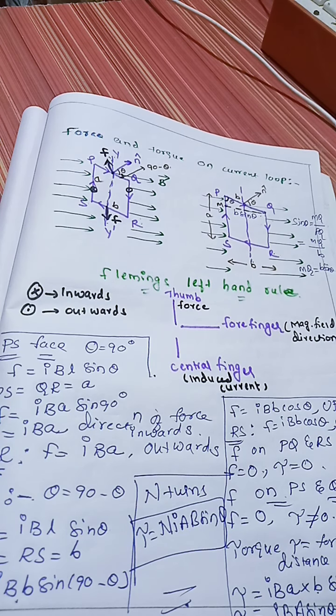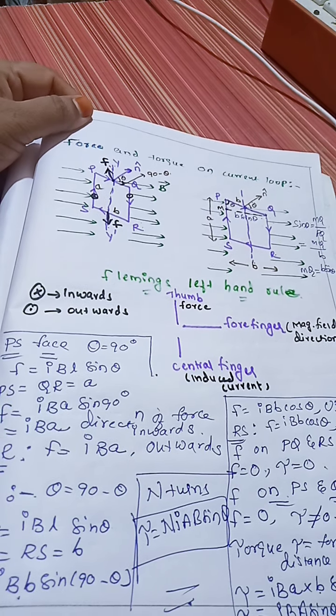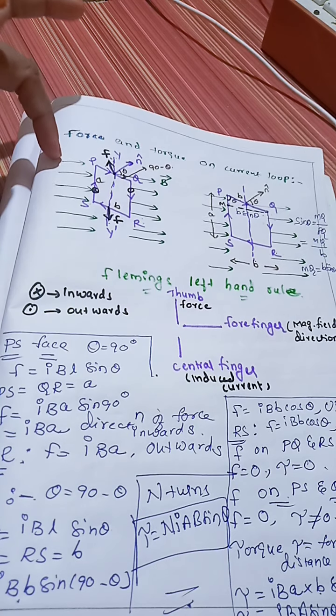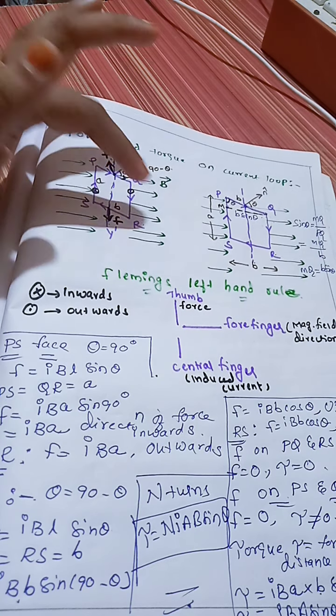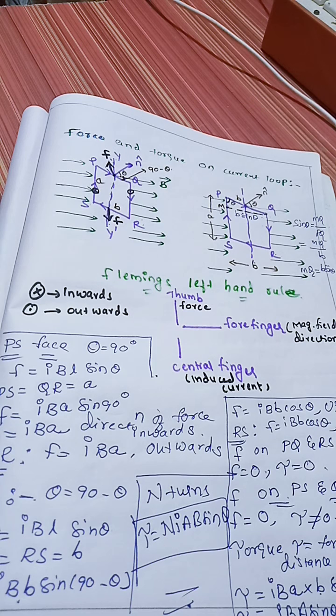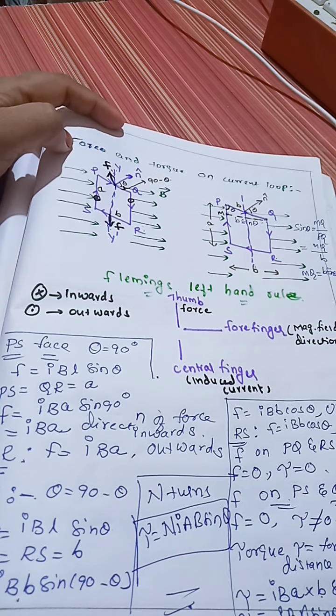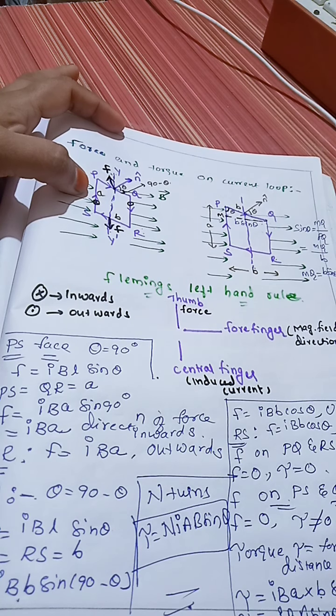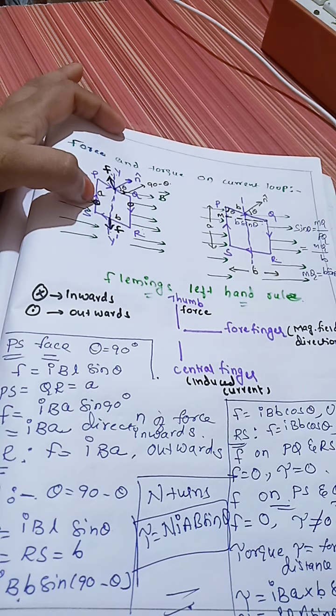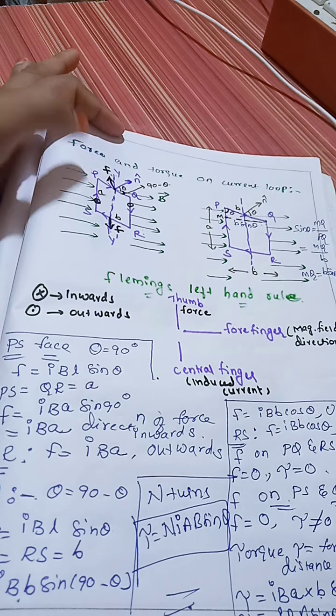Force and torque on current loop. Now these arrows indicate the magnetic field direction. Okay. Now in such a magnetic field, we took a rectangular current loop